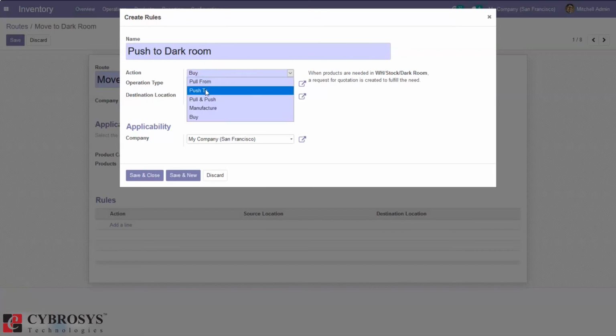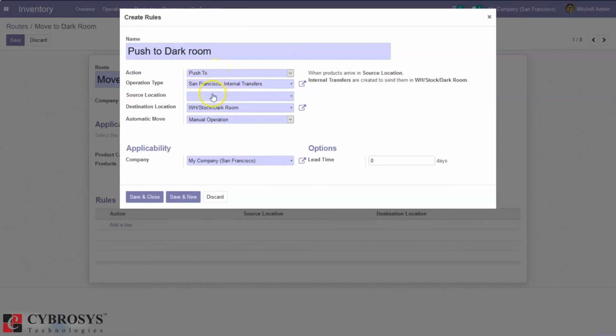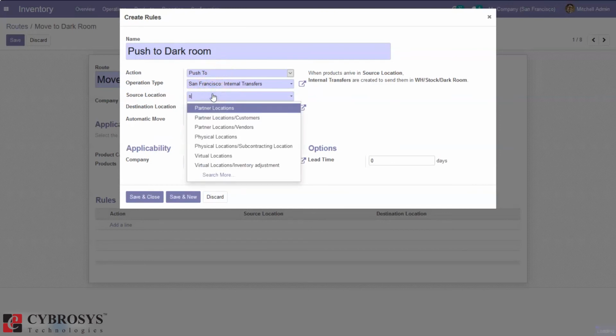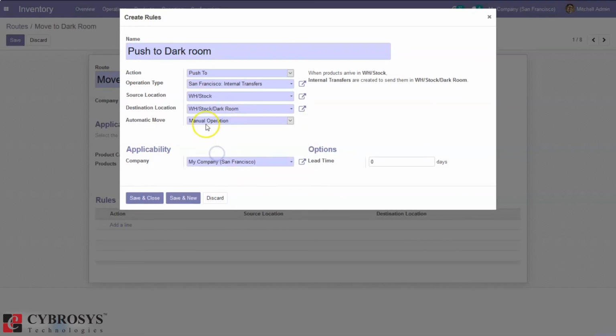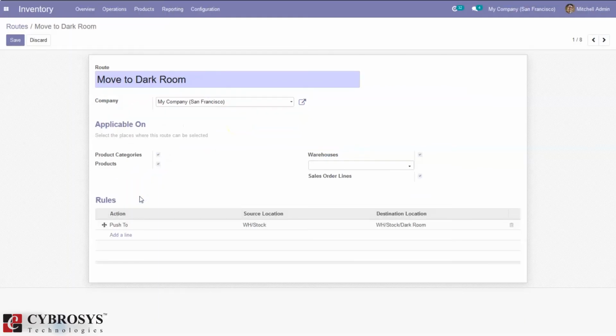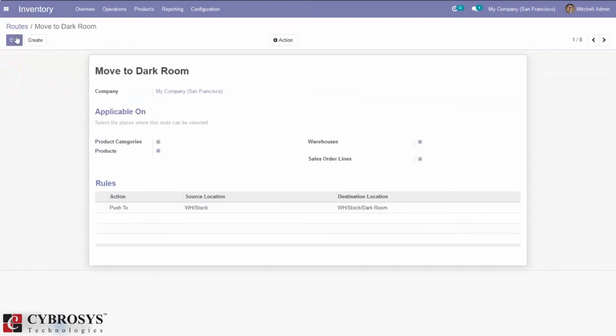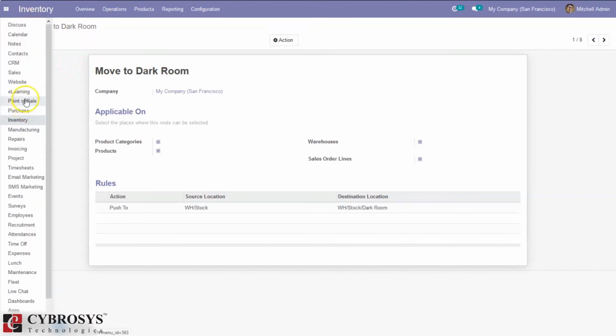Okay, so let's create a push to action and perform a manual operation. That is, automatic move is set as manual, and after that we can save this. Okay, so one rule is created. So let me save this route and create a purchase order for a product. Let me purchase the product medicine.